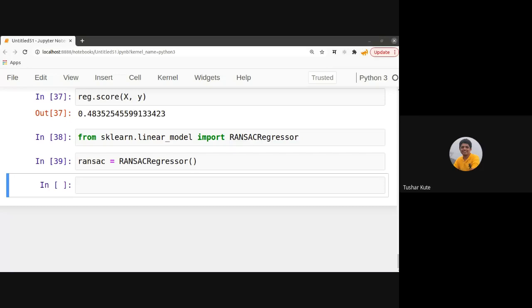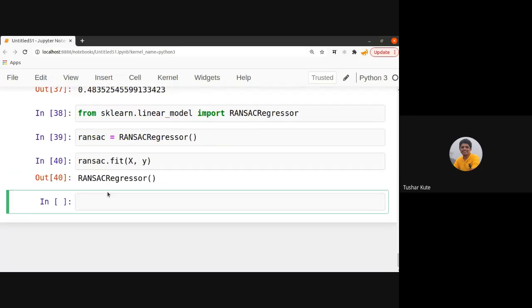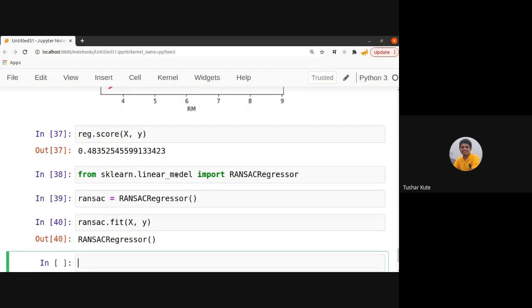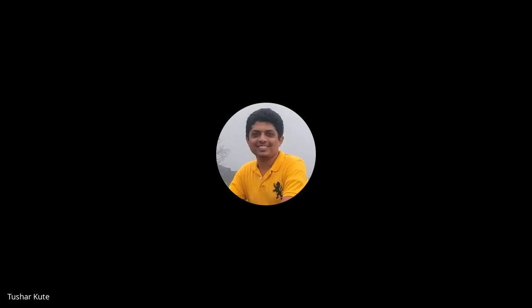The object is created. Let's train the algorithm with the given data. On X and Y we have trained the algorithm with the given data, and let's do one thing: the thing that we have seen above in the linear model, I'll use this.